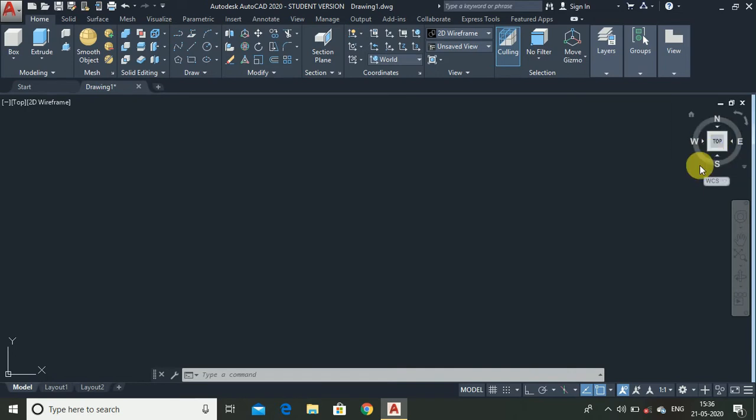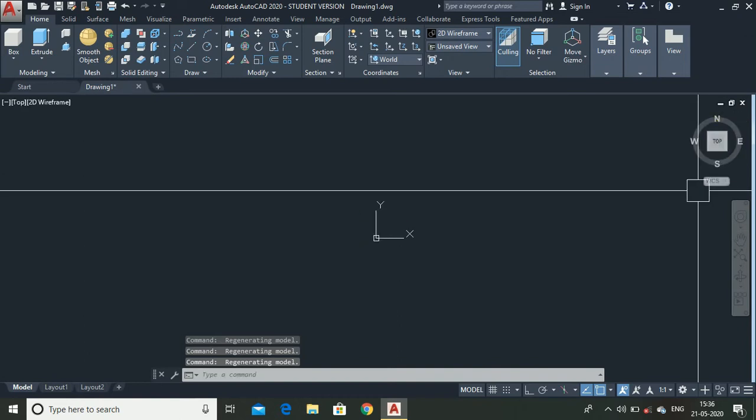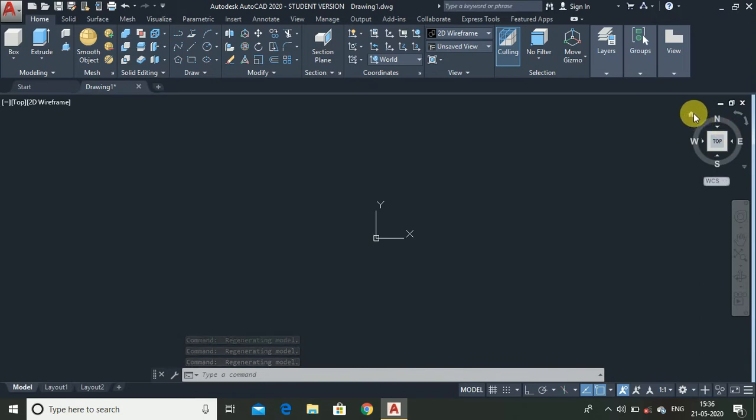Suppose I want to switch to the left view, then I will click on this corner and then choose the left view. Similarly, when I want to switch to the top view, I again click on this corner and go to this top view. Now you can also see this home icon. This icon helps to switch the object to the 3D view. Now we have learned the view cube. Let's draw some 3D diagrams.